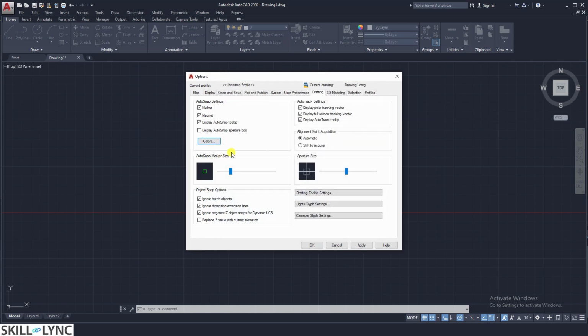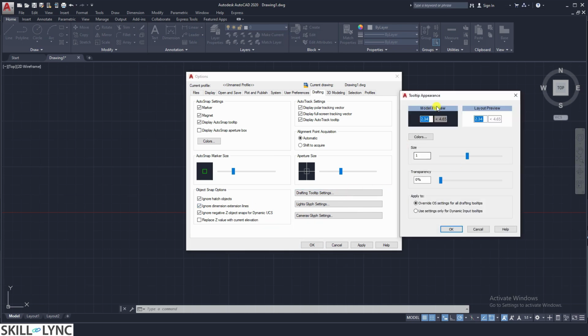And then what is the auto snap marker size? Should it be this way or should it be enlarged, so you can have control over this? And what is the aperture size, or the crosshair, that you can say? So what is the size of that, and what are the tracking settings? Based on this, you can customize the view that you have. And in the drafting tool settings that we had seen previously, you can control the transparency and the size of